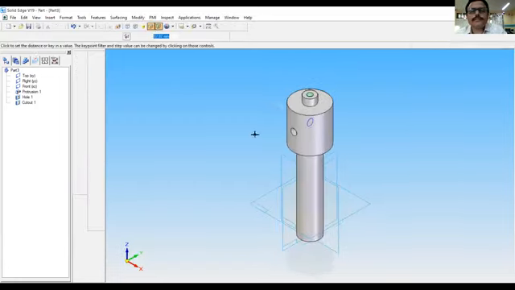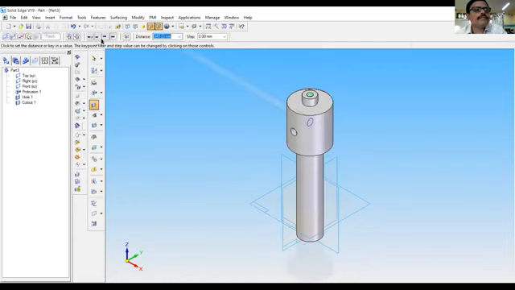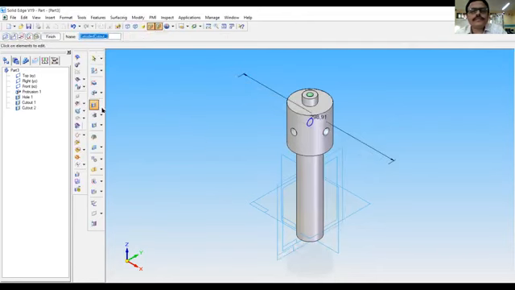Return. Symmetric extent. Finish and cancel.